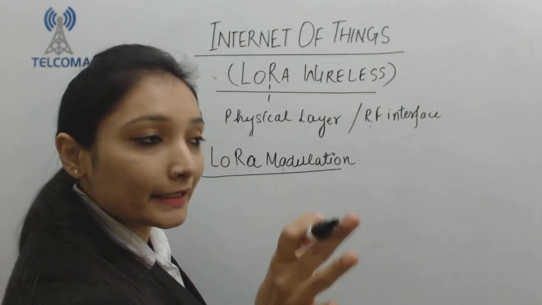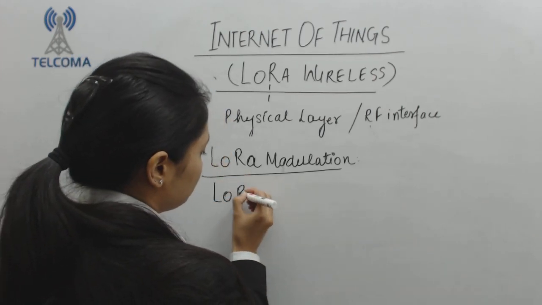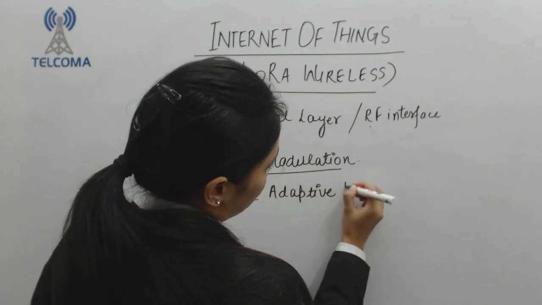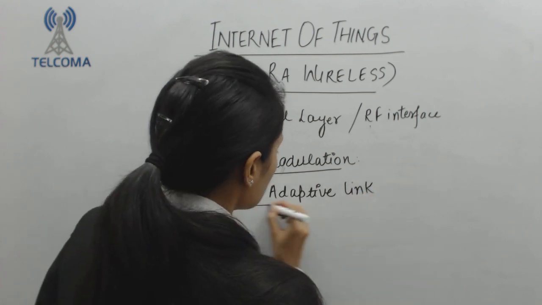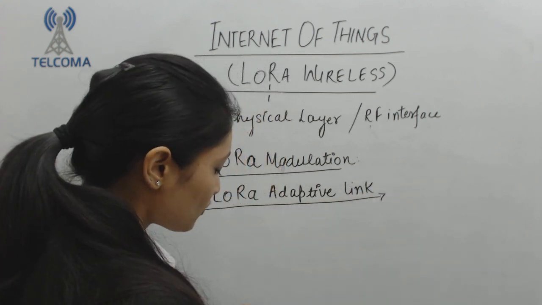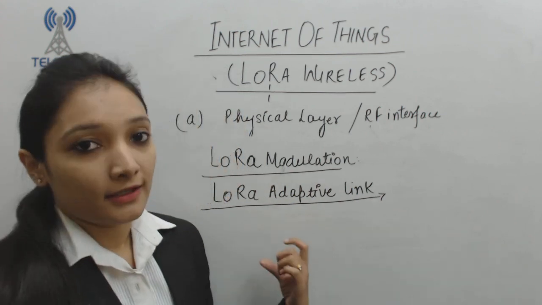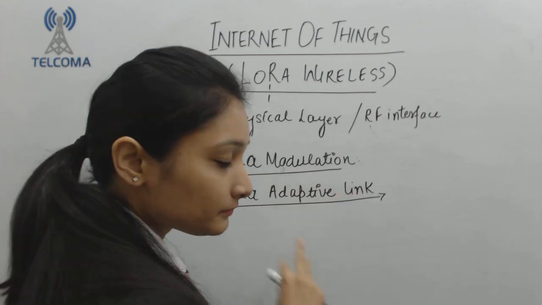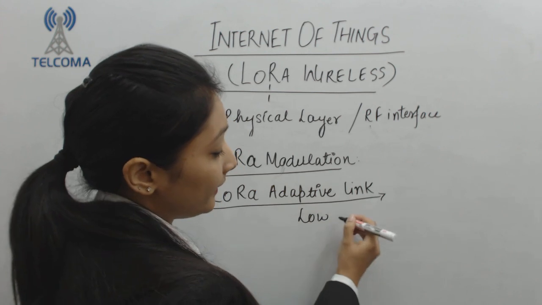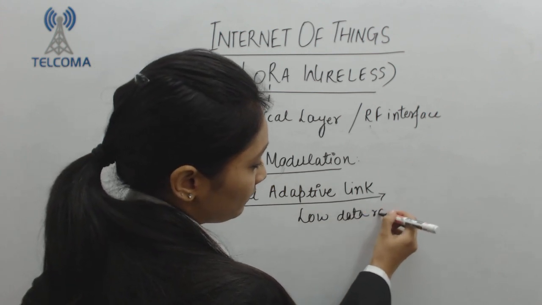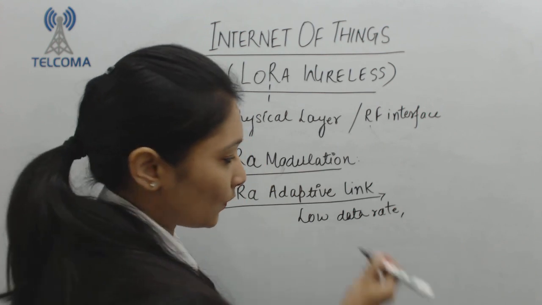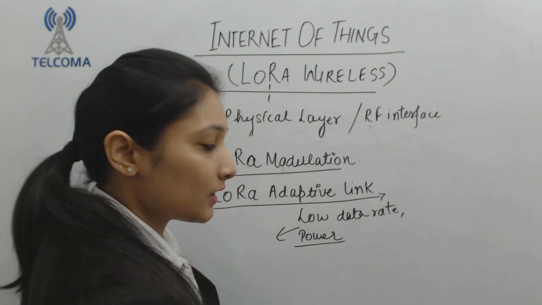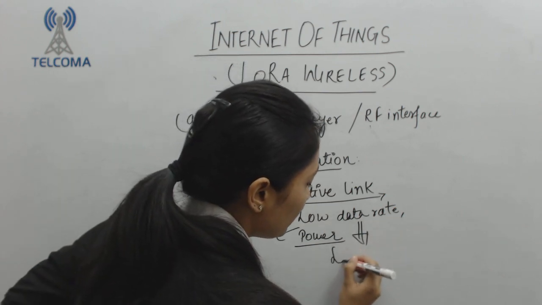After that, the LoRa adaptive link. Now, this is considered an adaptive link. That means it should be adapted to the various conditions, or the requirements. We know that always a very high data rate is not required. Low data rate is required, and similarly, the power requirements are also. So due to these, a lower bandwidth